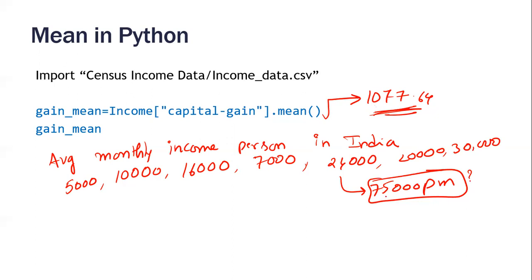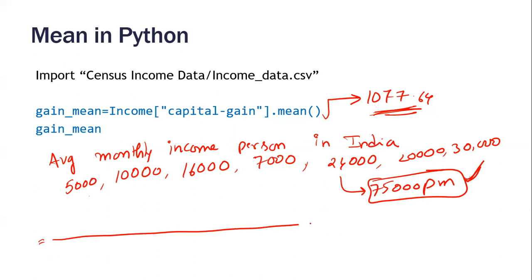Because we live in India, we know how the situation is. We may not know the right answer, but we know this is a wrong answer, isn't it? That much confidence we can give. Maybe I don't know what exactly is the right number, but 75,000 per month, everybody. Almost 9 lakhs per annum, everybody on an average. That is impossible. But you know what? When you calculate the average value, you will get this.